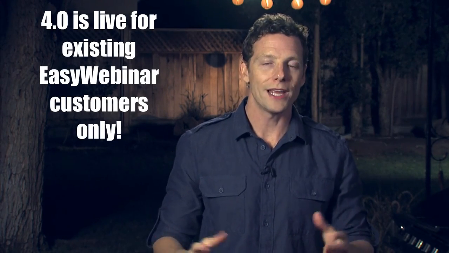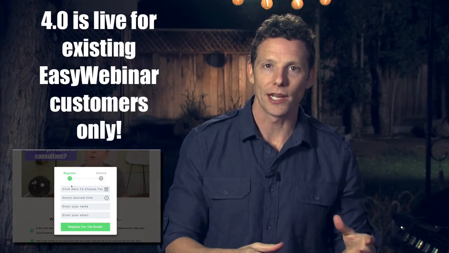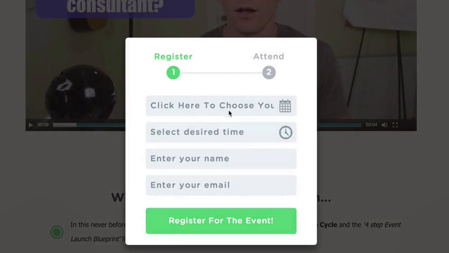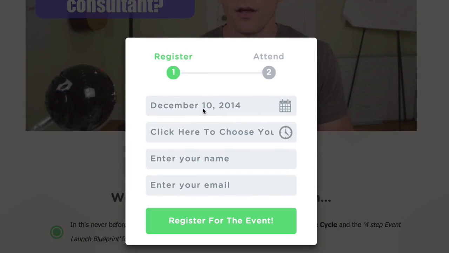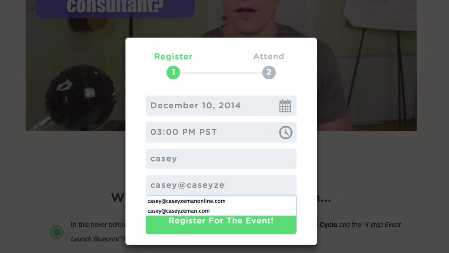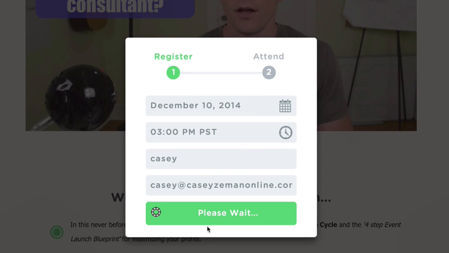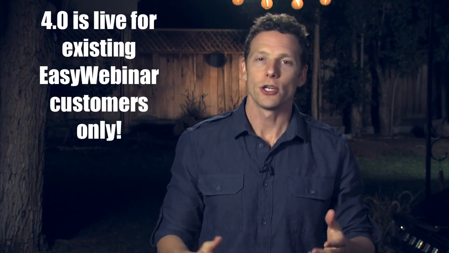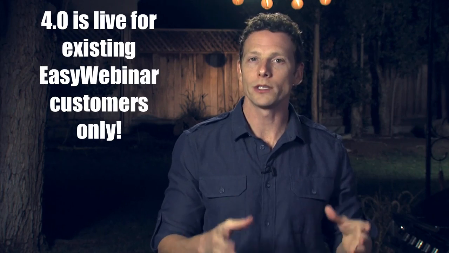Now here's the thing about 4.0. It has a new template library with new templates, and we're going to continue to roll in more templates. Now, you might be wondering, how is this different from the existing one you have? Also, how is this going to be beneficial for me, and do I have to upgrade and pay later? And here's the thing, you only have to pay right now a one-time payment, and you get access to the